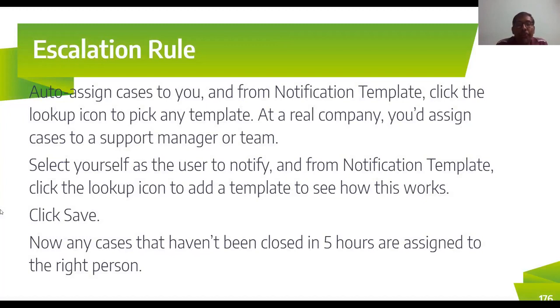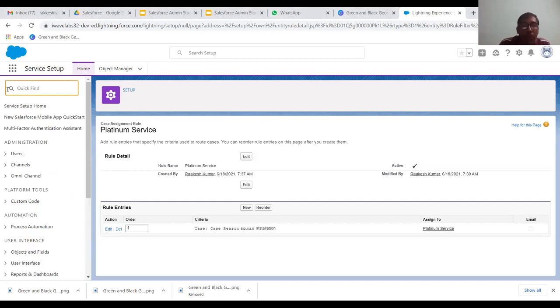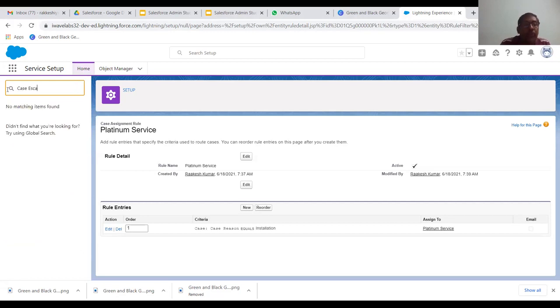Now what I'll do, I'll go to setup. Under setup, under home, I have quick find. Now I'm going to type case escalation rule.